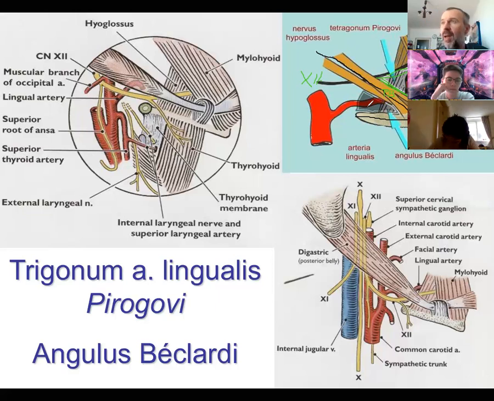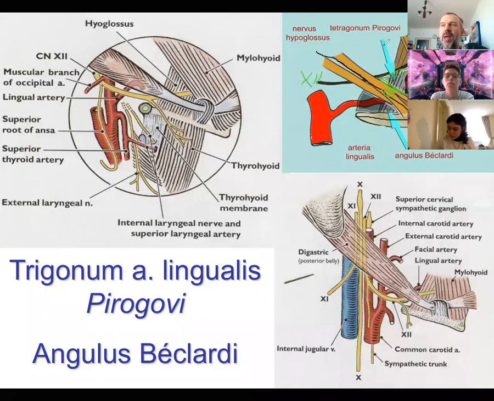Why? The triangle is called the Triangle of Pirogov. Pirogov was a Russian anatomist and surgeon, and during a war between Turkey and Russia in the 1860s, he saved many lives of soldiers who were hit by grenades in the face, by just opening the neck and ligating the lingual artery. Of course, you can use it in military surgery, but we use it in resection of tumors of